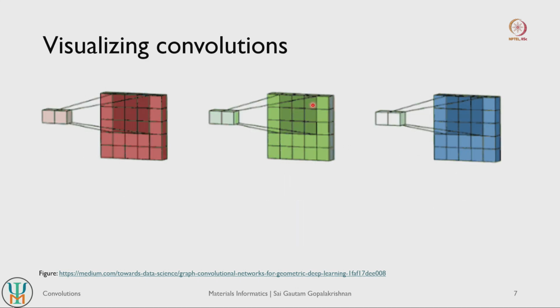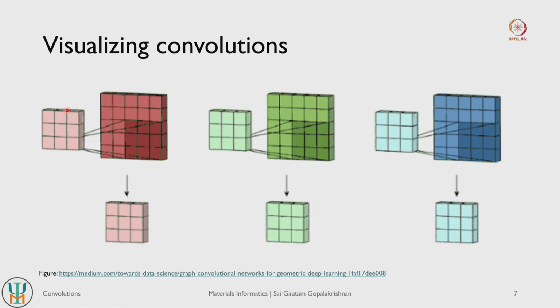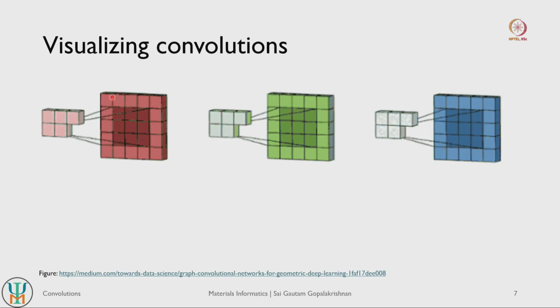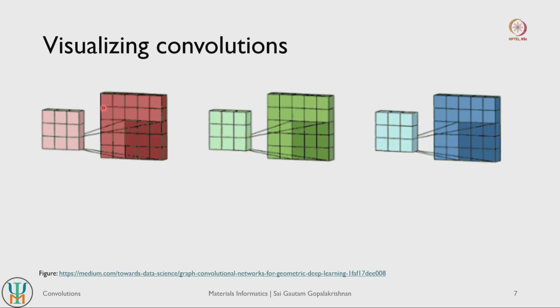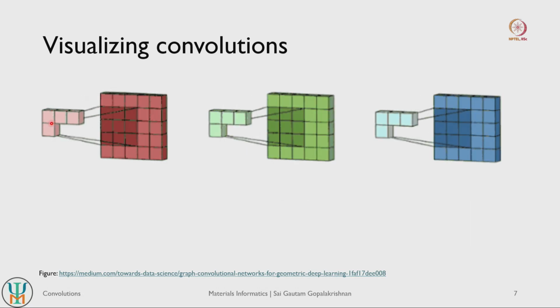But the key thing to keep in mind is that the value of any given neuron will depend on the receptive field. So the values of all the neurons, the values that the neurons are outputting in its receptive field, and we have to find a way to assign a value to that neuron as well.